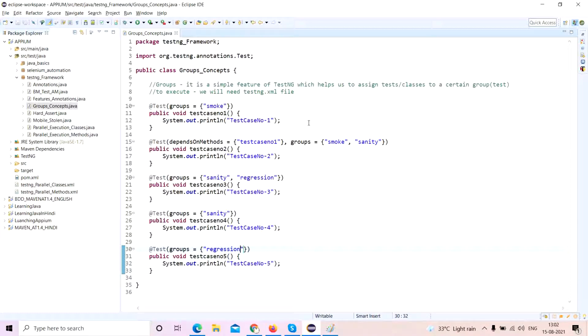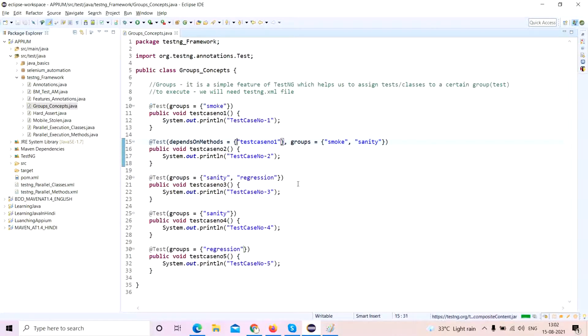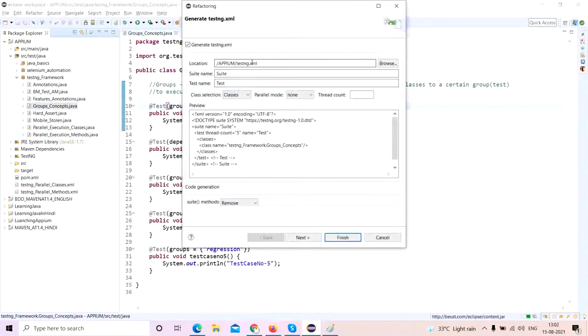Anyways, so now we have just designed a small class. We have given 5 test cases and we have added certain groups to it. Now, how do we execute these particular groups? As I said, we'll have to create a testng.xml file. So for this class, I'll right click, go to TestNG, convert to TestNG. Instead of testng.xml, I'll use groups.